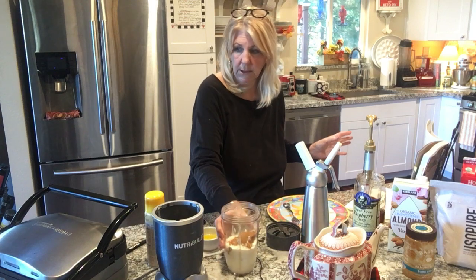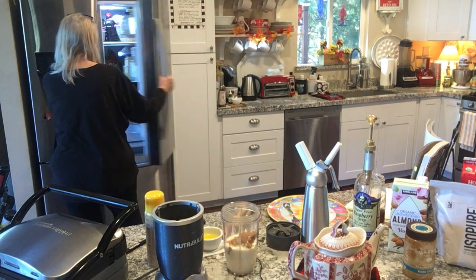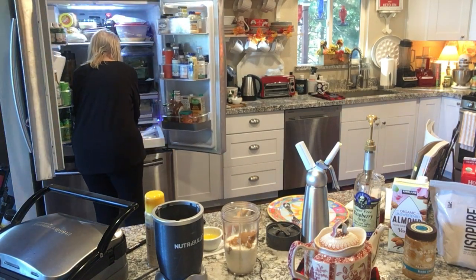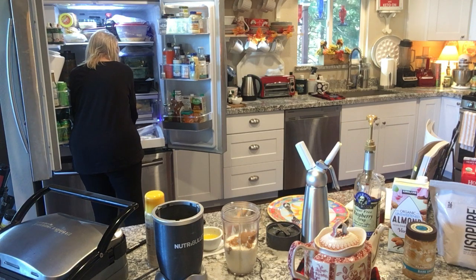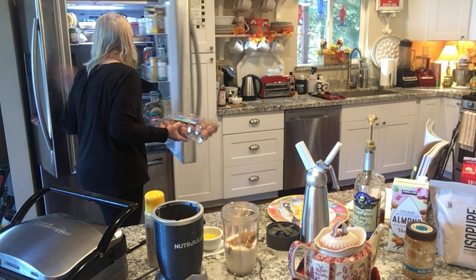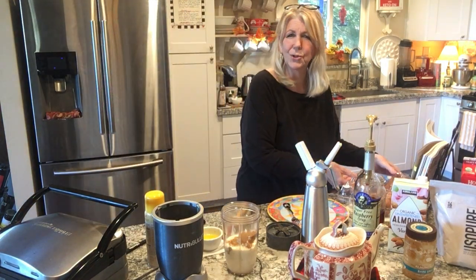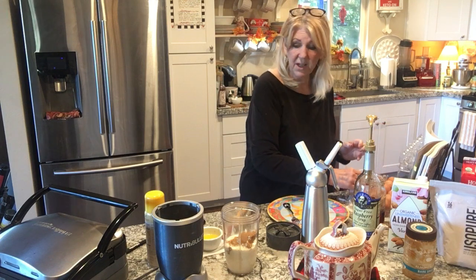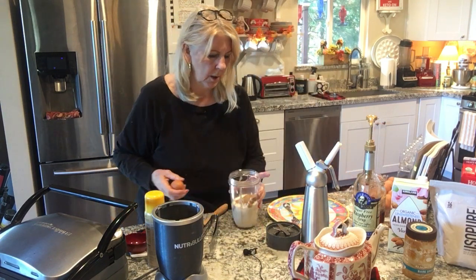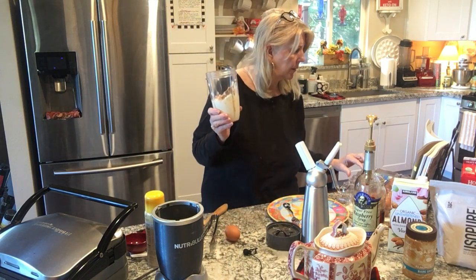What I put in here. Oh, my goodness. Forgot the eggs. Hang on 2 seconds. Grab those eggs. I did think, strangely enough, that this didn't seem to make much batter. So here we go. What I have in this NutriBullet, I don't know if this is going to work either,